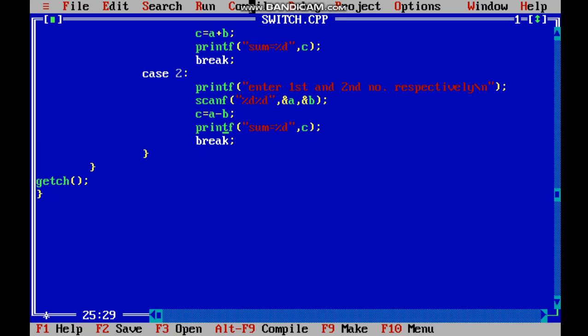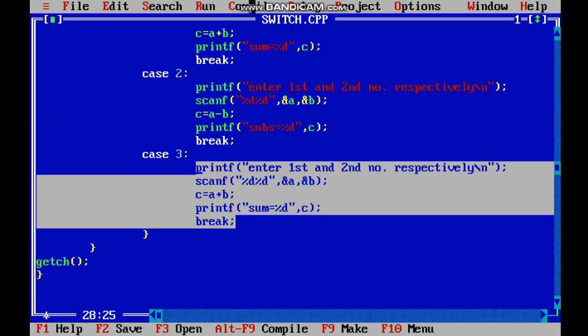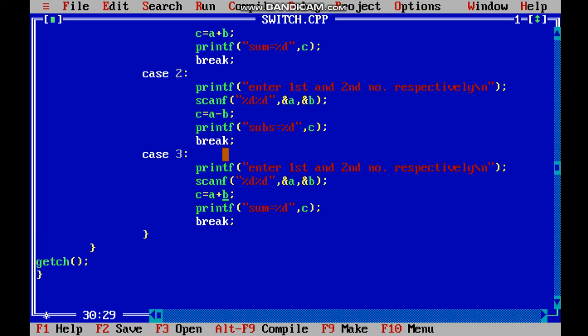Don't forget, because it is a simple calculator. Subs, I'll write. Okay, now in case 3, again doing the same stuff. Now it's multiplication, right? In multiplication we'll write mul, same concept.